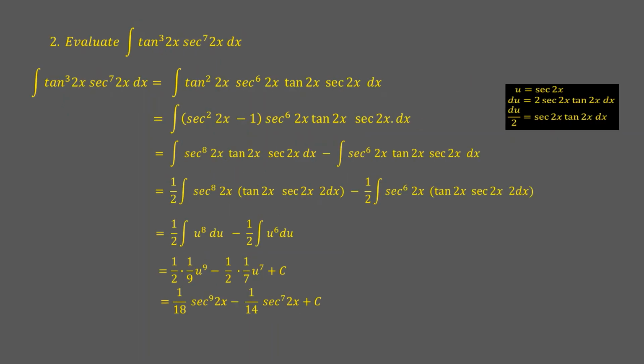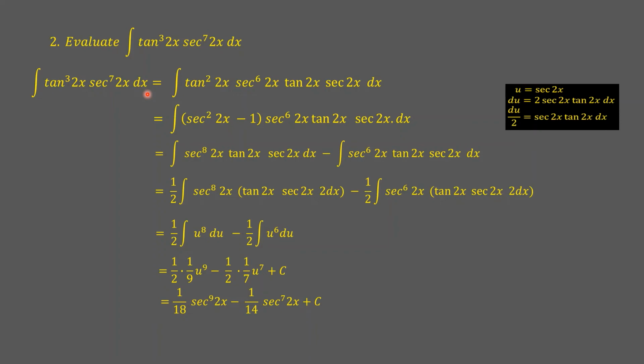In this particular example, we will illustrate how the transformation is carried out when both exponents of the tangent function and the secant function are positive odd integers. In this case, the transformation is carried out such that the resulting integrals are evaluated as powers of the secant function. So for the integral of tangent cubed 2x times secant to the 7th 2x dx, what we do is